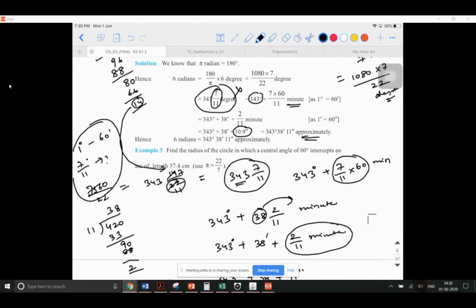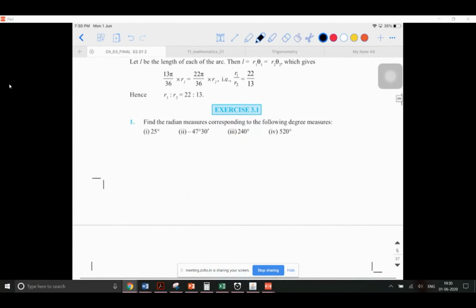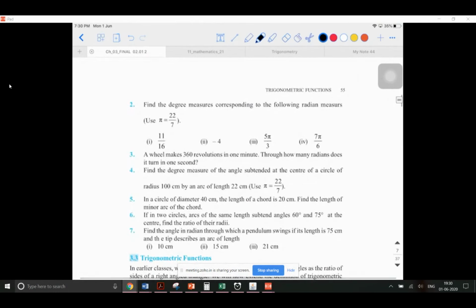You can try out a few problems. You can try out from the textbook itself. You can try this problem in 3.1. You can do the first problem and second problem for today. For you to understand, slowly work on it. So tomorrow we'll complete this exercise and I'll go to the next part. Next part will give you reasons to many other questions, many other topics that you have learned last year.